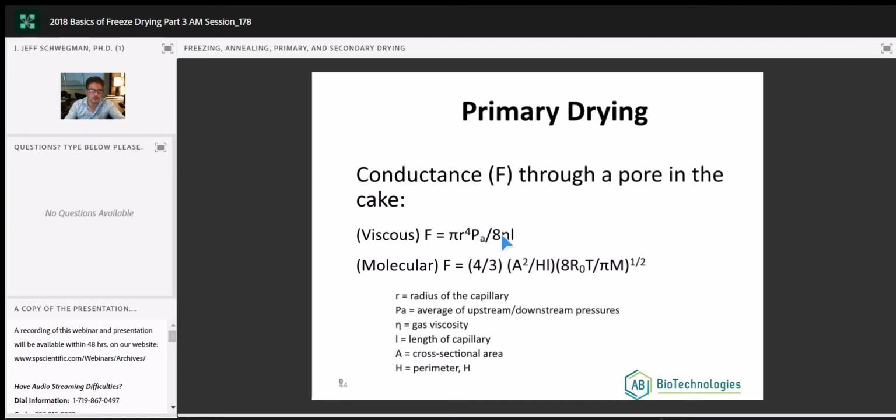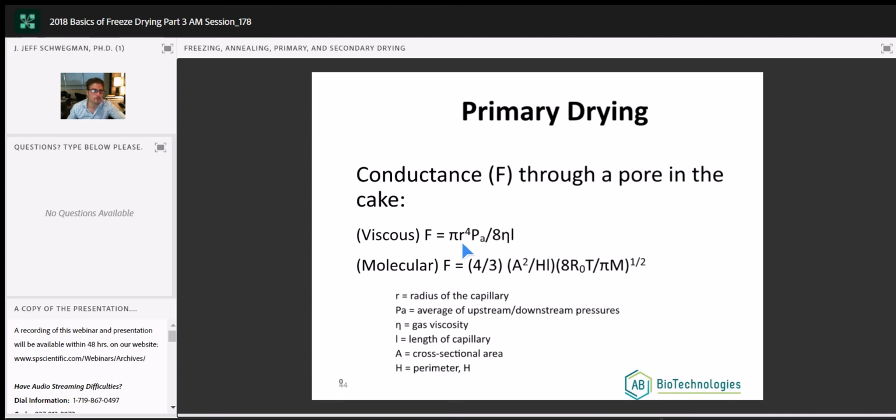So there's so many molecules, the gas actually can become viscous, so we have to put in a variable for that. But the thing I want to focus on under viscous flow, it's a function of the radius and the length of the tube. So we talk about a freeze-dried product, and we talk about a path through the dried layer. The only way to mathematically explain it is by a bundle of straws together. So we know the diameter, we know the length. Okay. Now what you'll notice, the conductance, or how easy it is to get a water vapor through a pore in the cake,